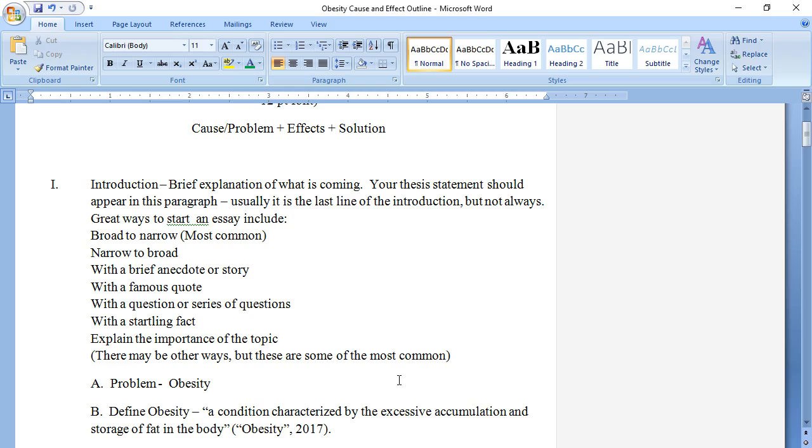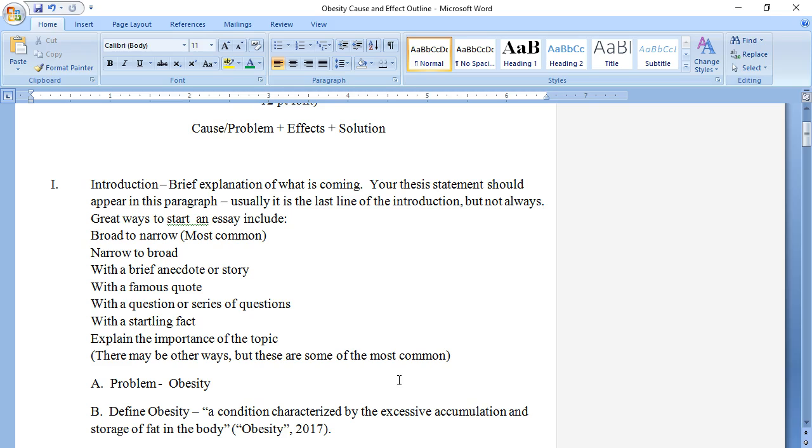And so basically an introduction is a brief explanation of what is coming. Your thesis statement should appear in this paragraph, and usually it's the last line of the introduction, but that's not always the case. Some papers, it's the first sentence. But typically you do something that then leads into the thesis,